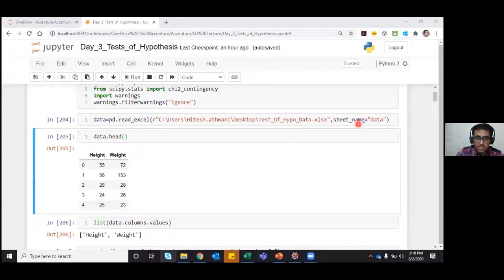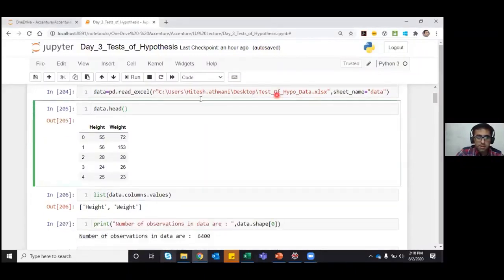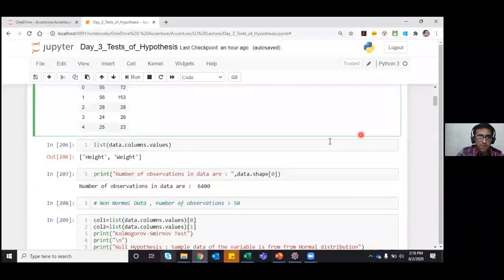So in the subsequent part of my code, I will be using different sheets where I have saved different kinds of data for different analyses. And again, this r is written so that we don't have to write double quotes or double slash signs. It will automatically take the path. You can just copy the path here. You don't have to write double slashes again. r will manage it accordingly. Just write r here.